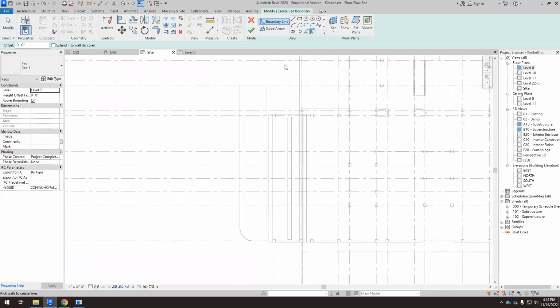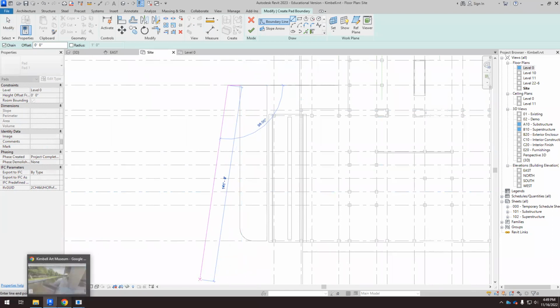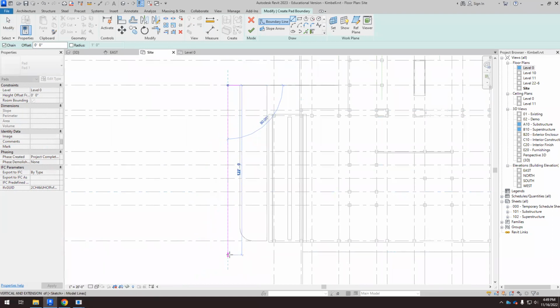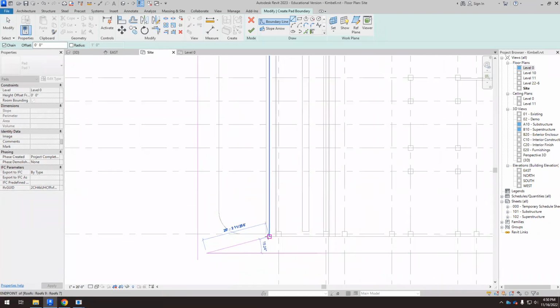And I'm going to extend this in this direction because this is slightly bigger, and it's slightly bigger here. And then this, and now I'm going to pick